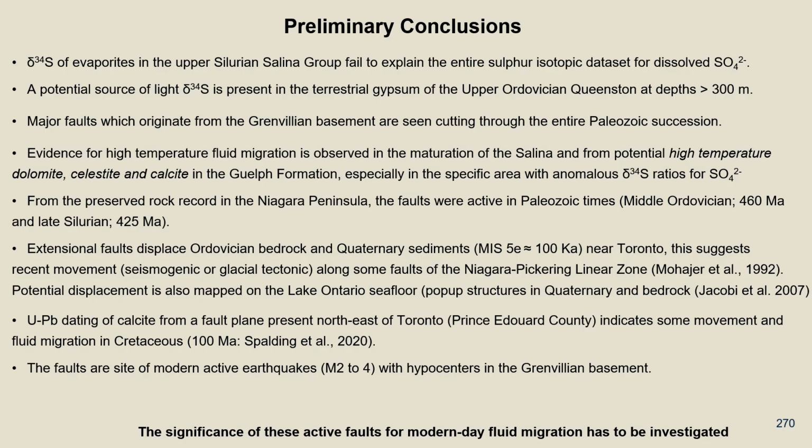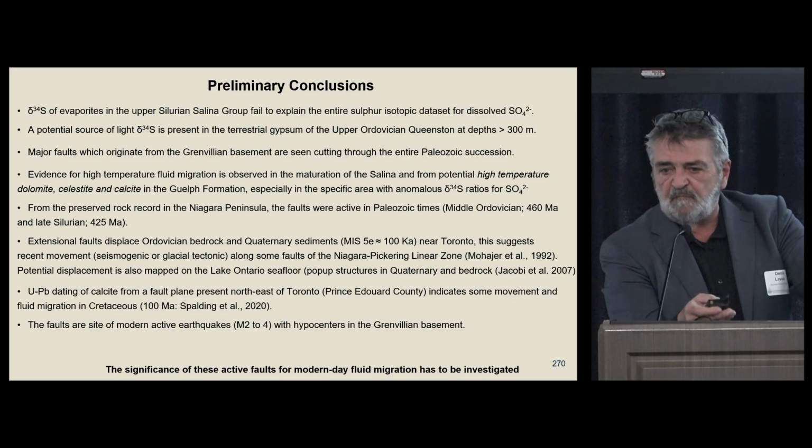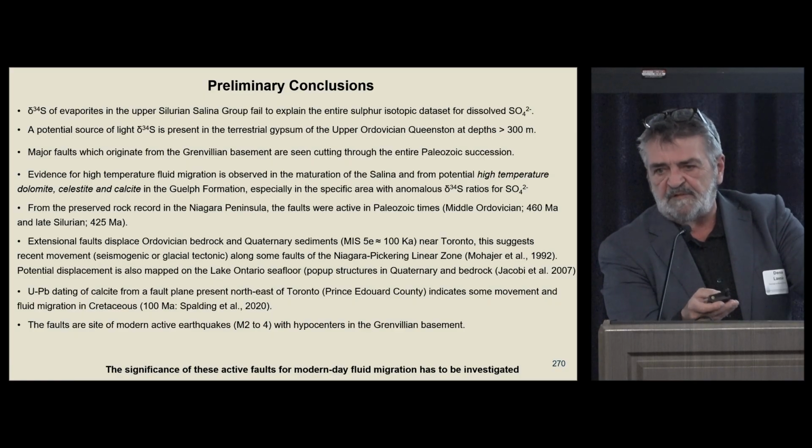There is also a recent study, uranium-lead dating of calcite in some faults associated with the same area, which indicates an event of reactivation and migration of high temperature fluid leading to calcite precipitation in the Cretaceous, roughly 100 million years ago. And we have some decent evidence of reactivation of these faults in the Quaternary, of very recent